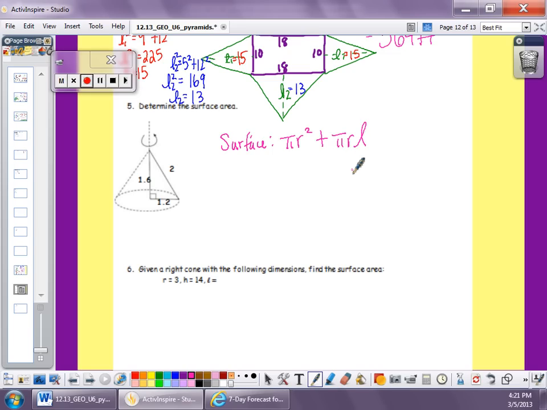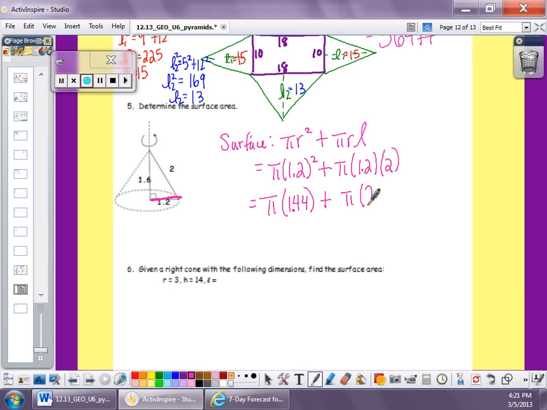And if I did rl pi in class, you're multiplying, so it doesn't matter which order. So this gives you pi times 1.2 squared. That's the radius. And then you have plus pi. My radius is 1.2 and my slant height is 2. This gives me pi times 1.44 plus